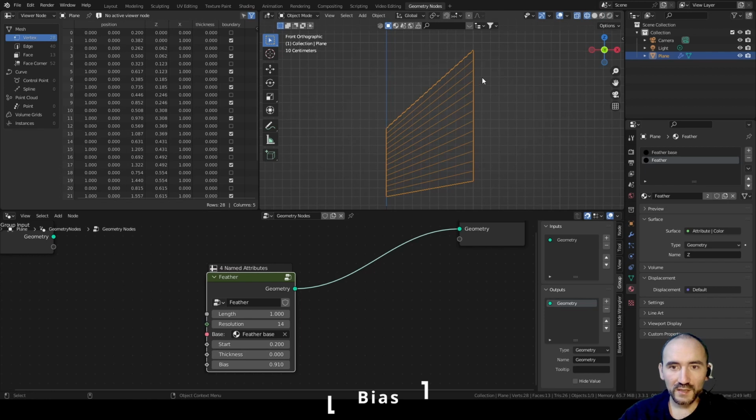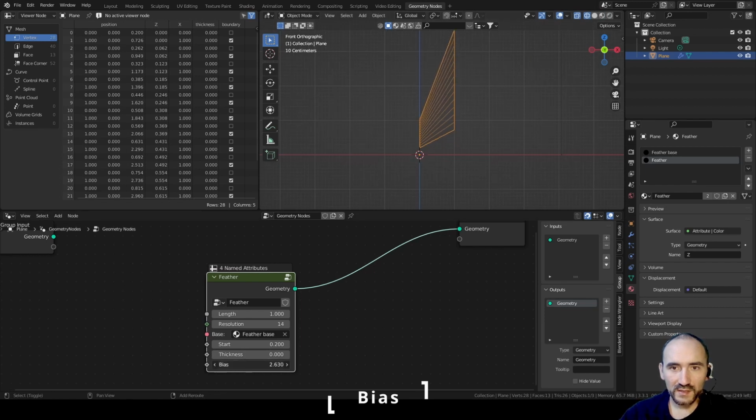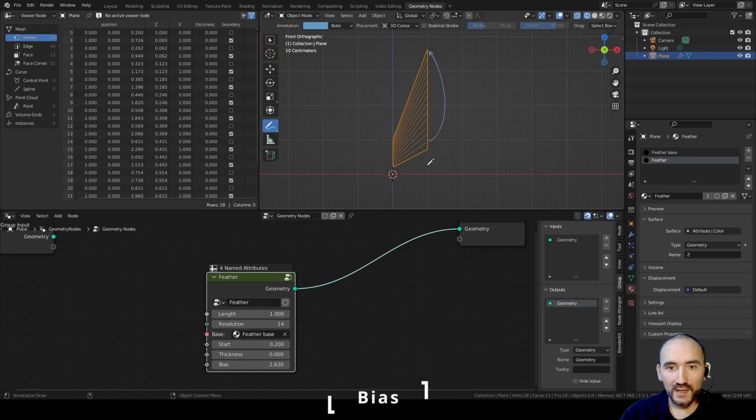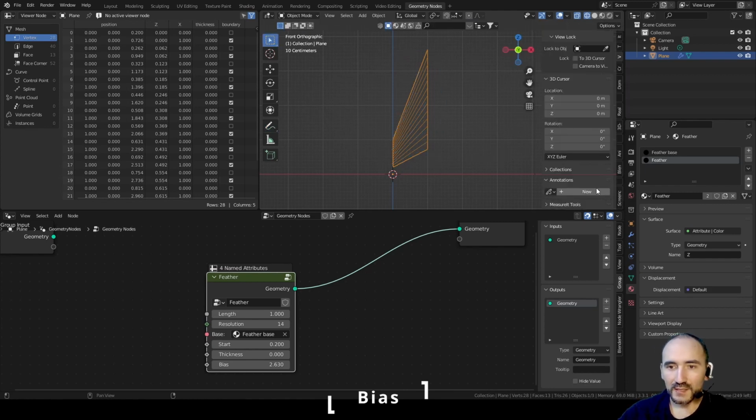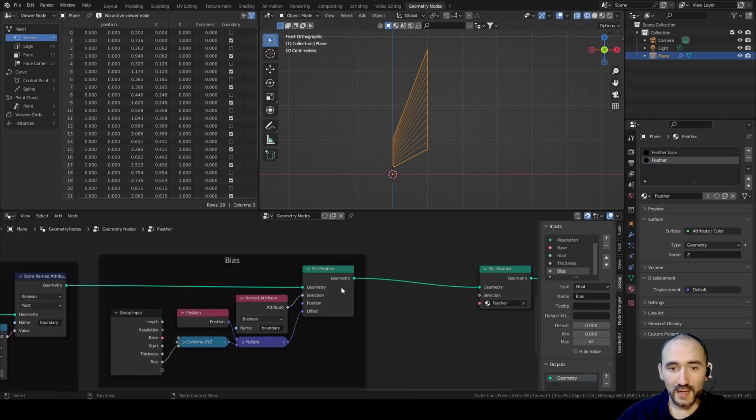Shift Z, and you can see if I increase, I have more movement with the last index of the boundary. So here there was this point, and here there was this point, and you can see the change in between. This is very cool in the final result, because we will have a stretched hair in this direction, and we will have these points to the center of the z-axis with our feather shape, and this will be very cool. So now I delete the annotation, go inside the group node, and the next step,